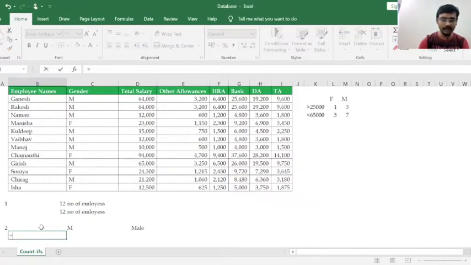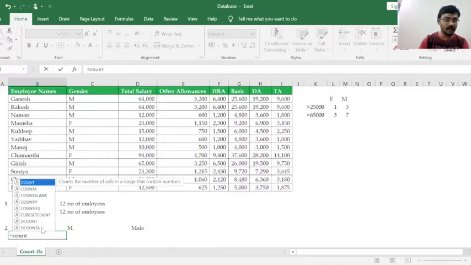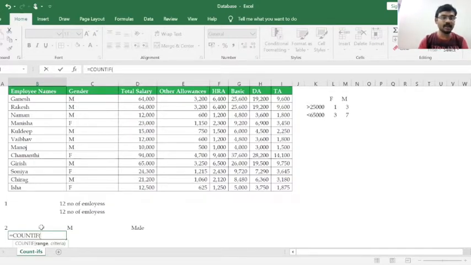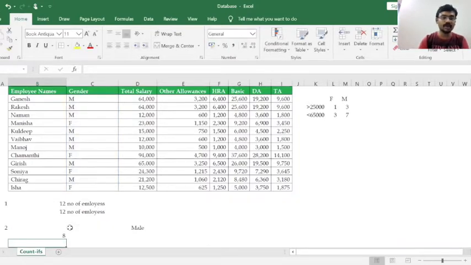So when you start typing COUNT, it suggests you a few formulas. So we need to select COUNTIF, press on tab. So it asks you for range. So gender is the range which you need to select, comma. Criteria would be male. You want to know how many male members are there. M, close the bracket, enter. So there are 8 male members. So this is how easy for you to summarize the data.